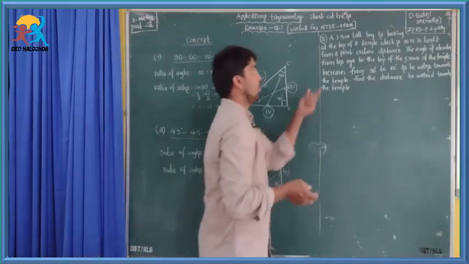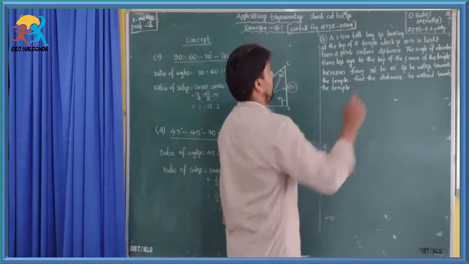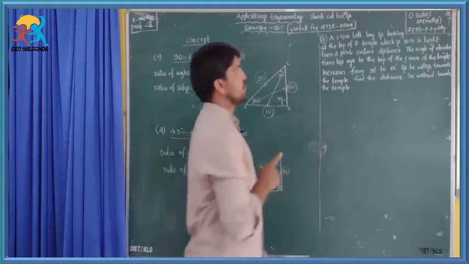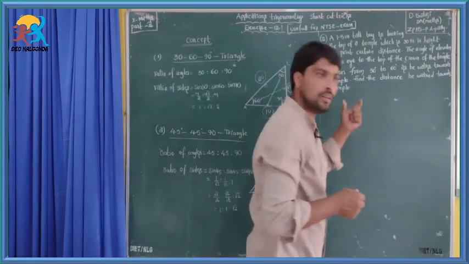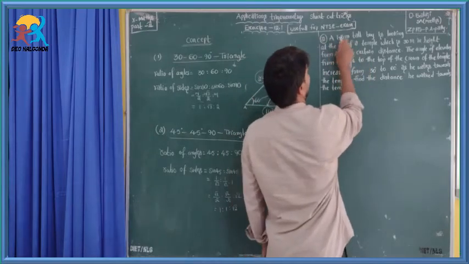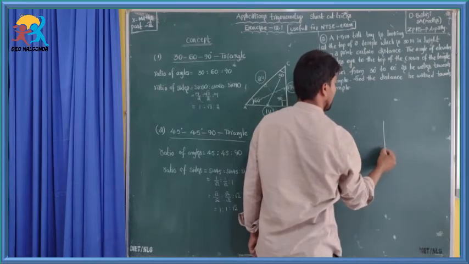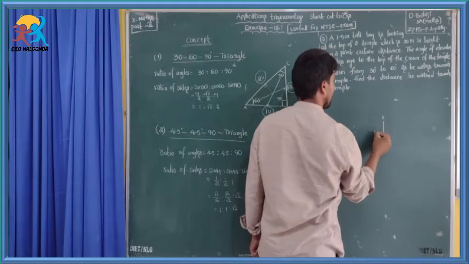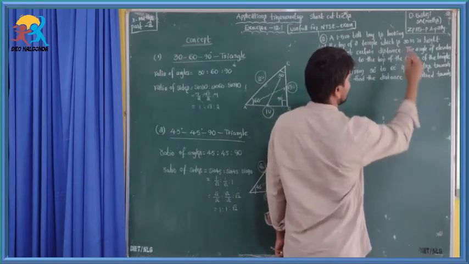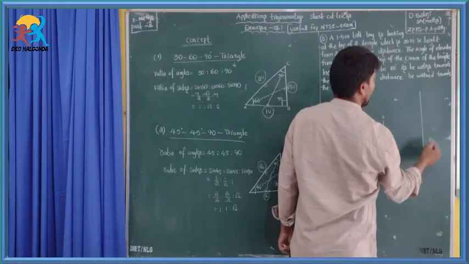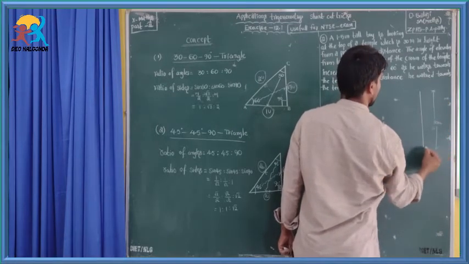Okay, let us see one exam question, exercise 12.2, second question. First of all, to solve these questions by short tricks, we have to draw the figure. No need to write the answers. A 1.5 meter tall boy. Let AB be 1.5 meters, the height of the boy. He is looking at the top of the temple, which is 30 meters in height. Let us say this is the top of the temple, 30 meters, denoted by CD.